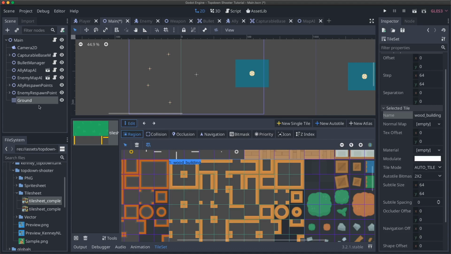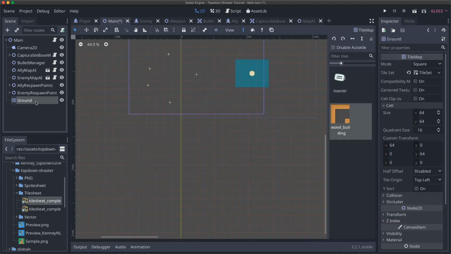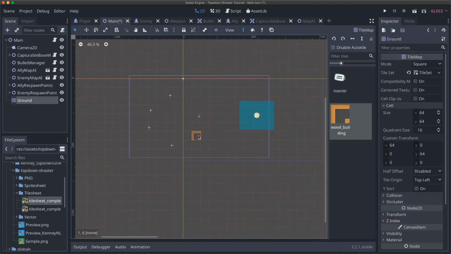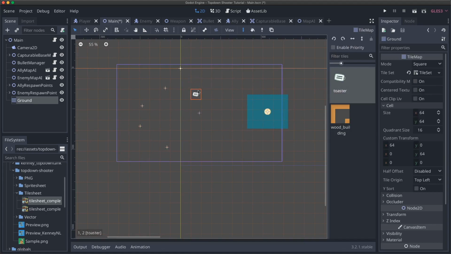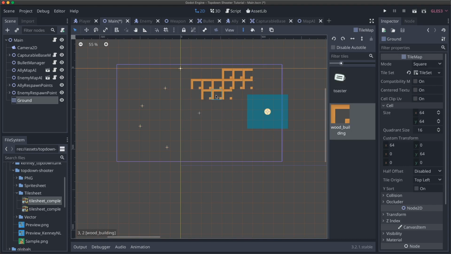So if I go over to my ground tile map here, we'll see a couple things. One is we have our toaster, which is great. I can select and place toasters wherever I want, which is, again, the most important thing that our game could have. But if I place our wooden building, it always places the top left corner tile. It doesn't ever place the right tile. So we need to define some rules that tell our tile map which wooden building tile to place based on which tiles are